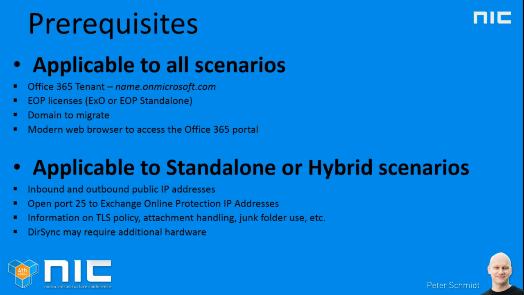And maybe there could be something with some TLS communication that you might need to be aware of in setting this up. You could potentially implement directory sync as well. In that case, we're syncing all our mail-enabled user objects to Office 365, and that gives us some extra features in Exchange Online Protection when we want to detect and make sure that the users are actually known on the system.